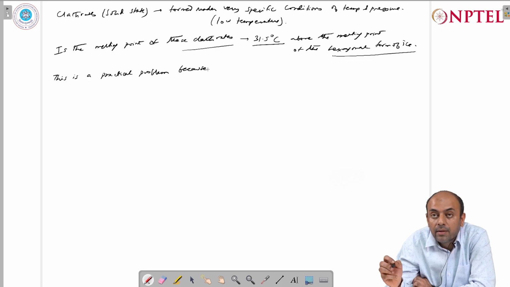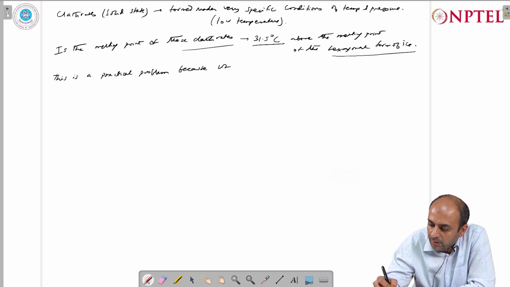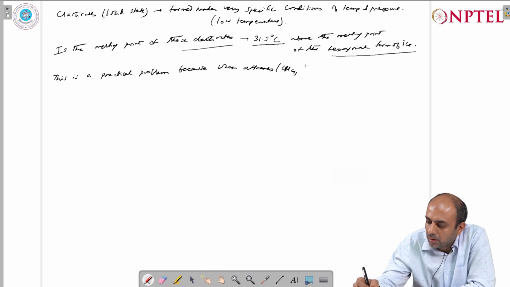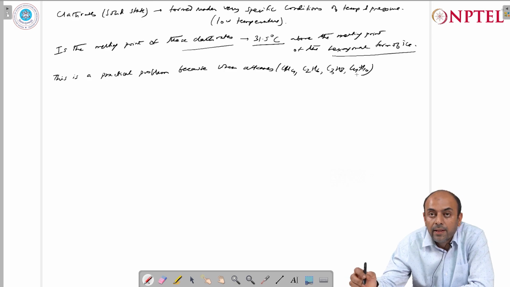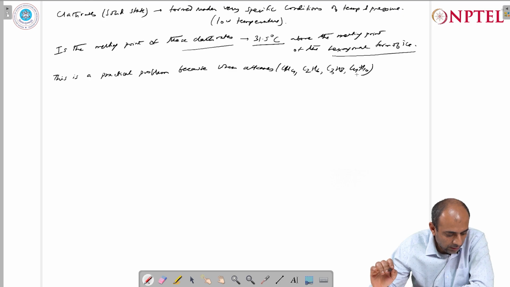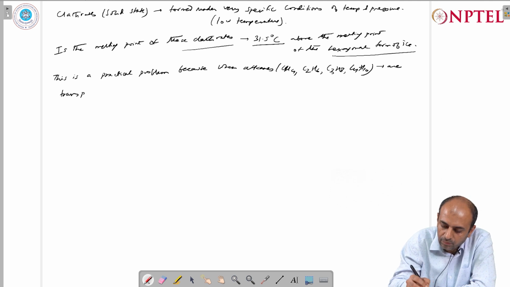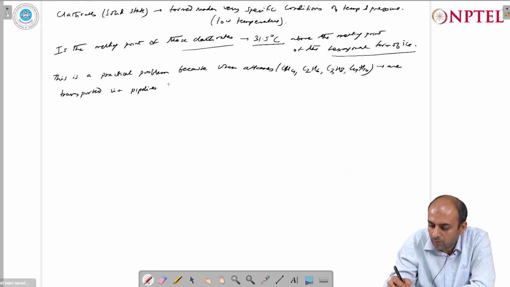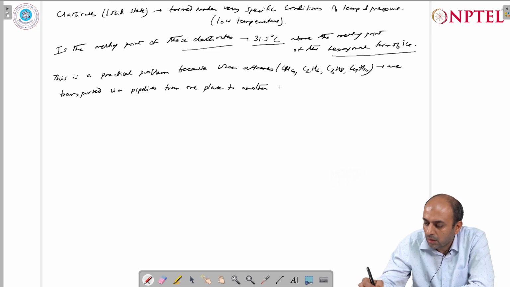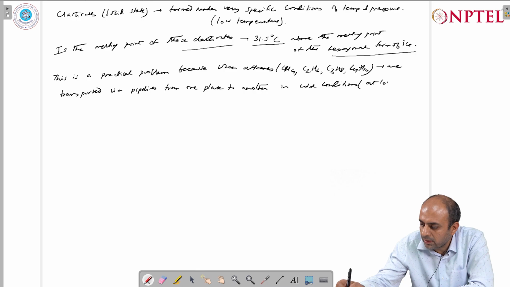Because when alkanes, for example methane, ethane, propane, butane, these kinds of gases or natural gases are being transported via pipelines from one place to another in cold conditions at low temperature,